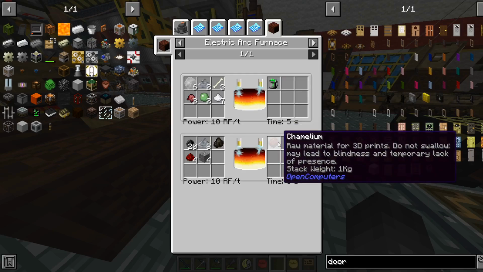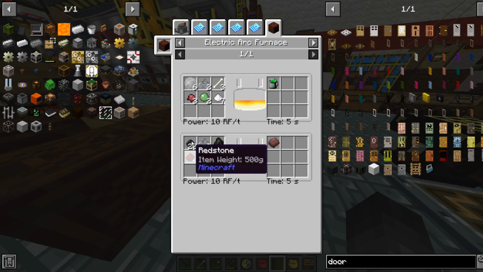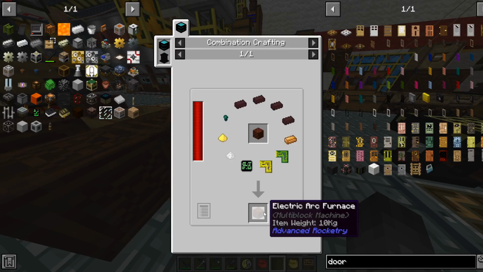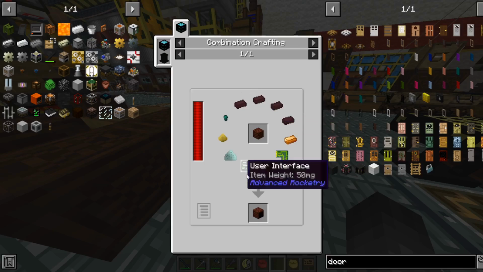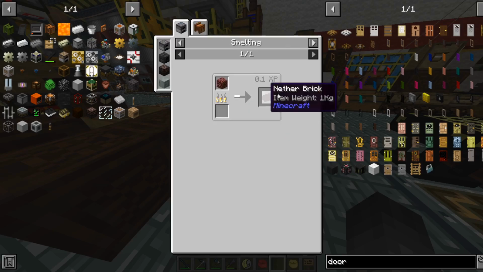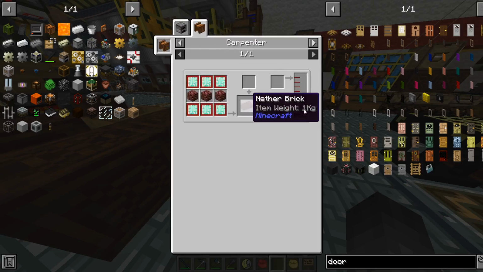Well, as you can see, more new machines. A different electric arc furnace, a different rolling machine. And they all give me access to even more things that I'll need to build. And yes, it uses combination crafting and it takes a whole bunch of circuit boards that I'll need to craft. It needs many dusts and it needs nether bricks, so I'll probably need to go and yeah, I'm not going to do that